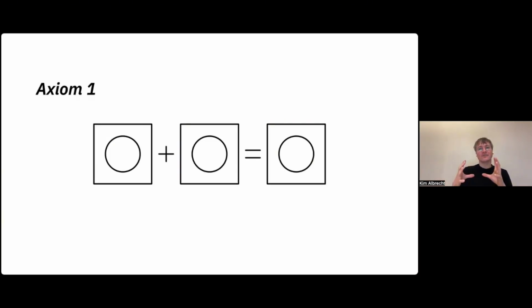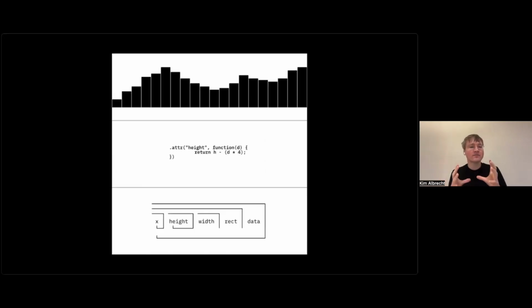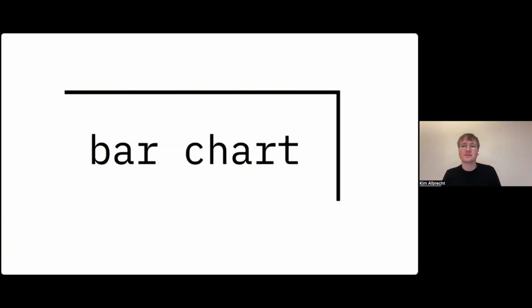And this is a very simple perspective, but I think a very powerful one. And this is the first axiom, the notion that only a difference makes a difference. So only by doing something that you haven't done before, that becomes visible. And from here we can add on quite a lot of layers and look at what is actually drawn inside, how to create a bar chart or any other visualization. But not only that, we can look also at the spaces above that, the predefined distinctions, as I call them.